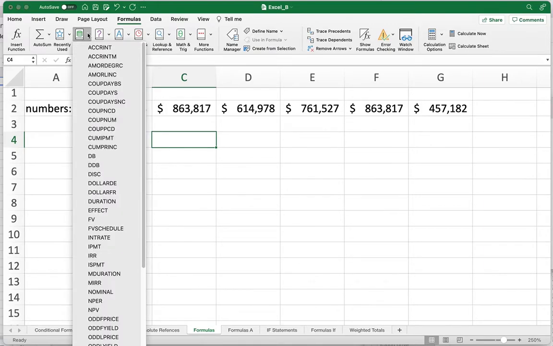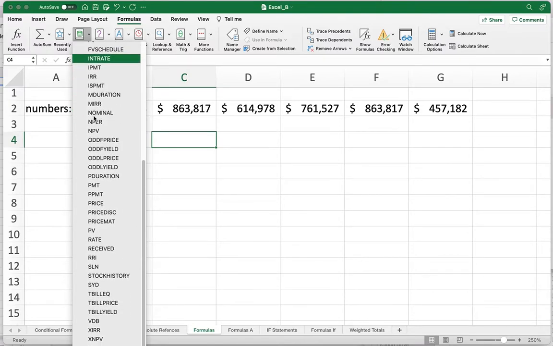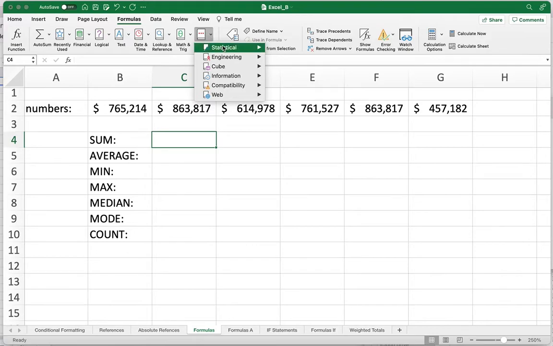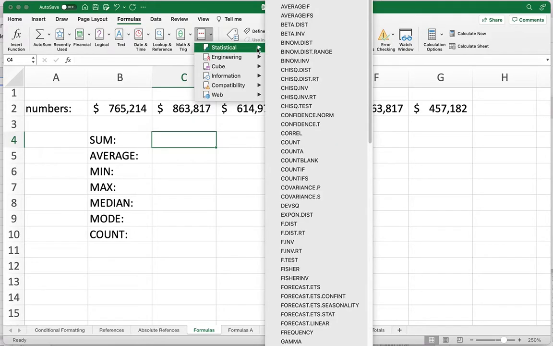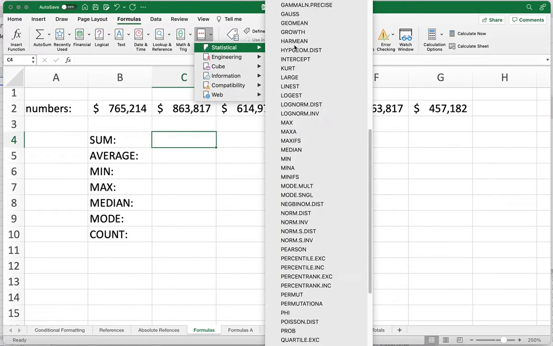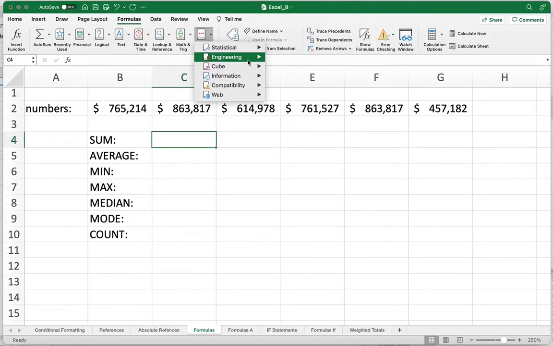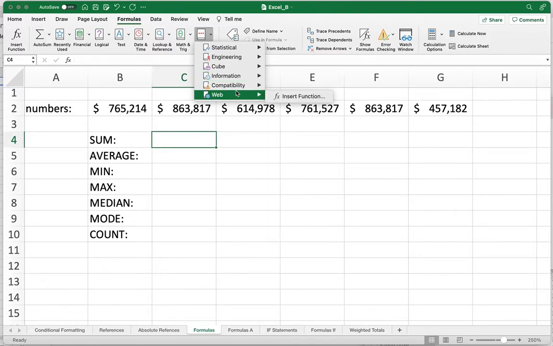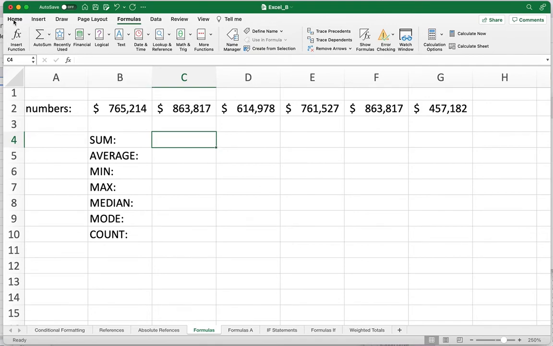There's financial functions, if we want to do stuff like that. There's also the more functions, which has statistical, and all these hundreds of things in statistical and engineering and cube and information and compatibility and web, which I can insert functions from the web. I just find it's easiest